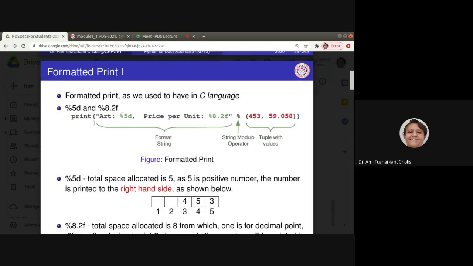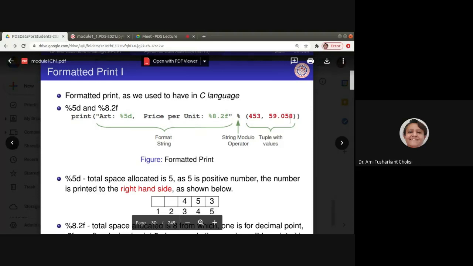So what we used to have is, say print art percentage 5D, then price per unit, whatever tax we want to specify, then percentage 8.2F, then percentage 453, and then 59.058. Two values we are giving.